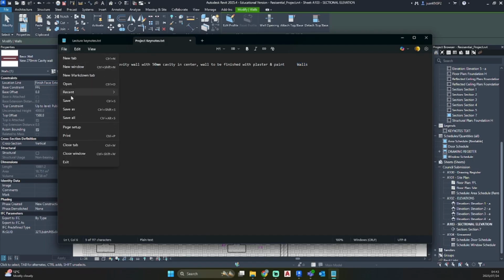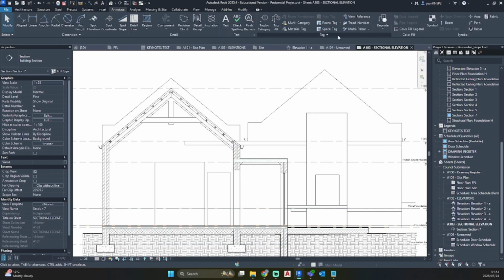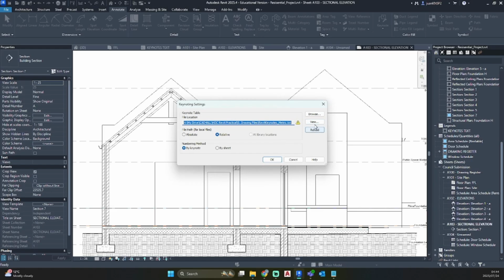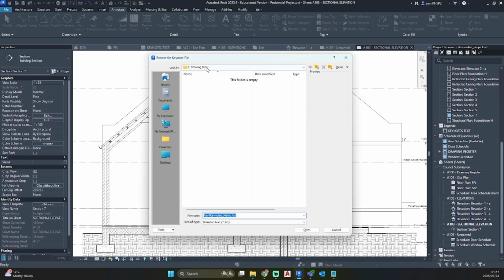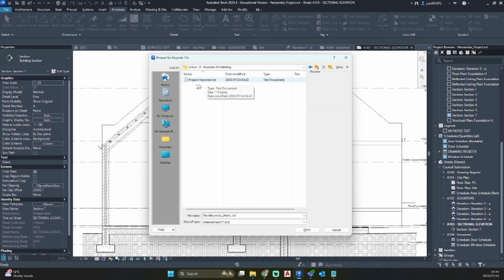And if I go file, save, just to show you what we have created, I'm gonna go to annotate, keynote, hit the drop down menu, go keynote settings. My previous keynote is not on here anymore, so I'm gonna go OK, browse, and I'm gonna go find that keynote list that we have created. And you can see there it is.